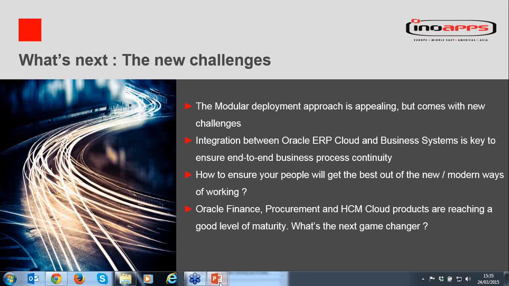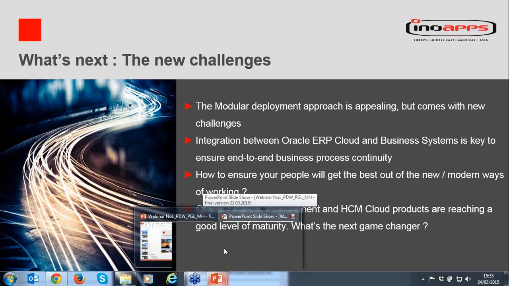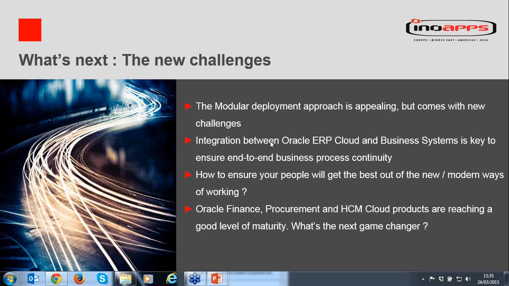And finally, we can clearly say now that procurement, finance, and HCM are really mature offerings from Oracle. And what we will try to focus on in the next webcast is, what is the next big thing coming out of Oracle? And we believe this is going to be around all the planning and budgeting area, where we'll start to see very mature products coming out from Oracle as well.